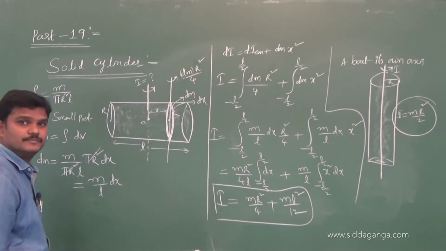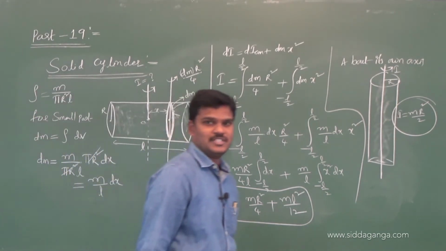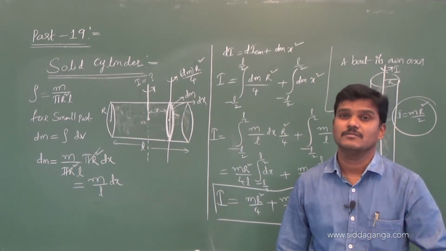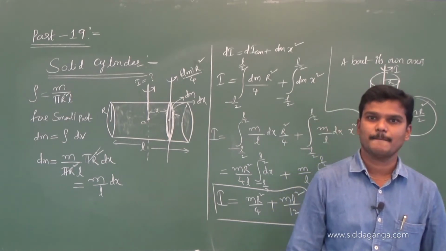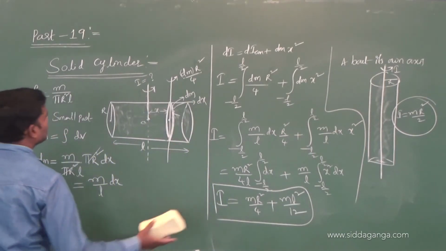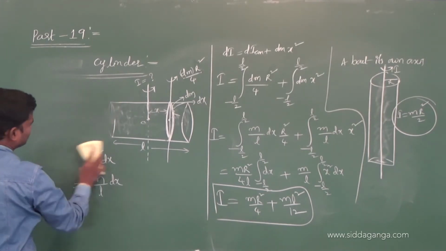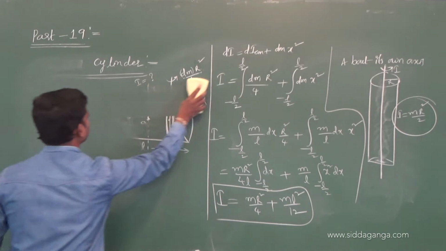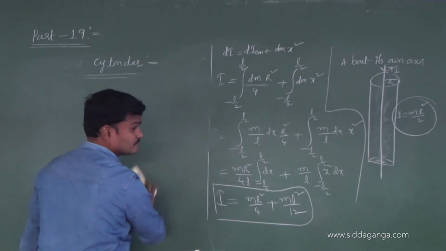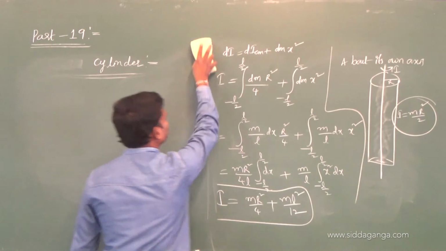Completed. Now let us try to derive the moment of inertia of a hollow cylinder. Same derivation, you try it. Otherwise, let me continue, but you try it. The next one is the moment of inertia of a hollow cylinder, empty. How will we get a hollow cylinder? Just take a number of circular rings and place them one over the other. Then that entire system looks like a hollow cylinder.